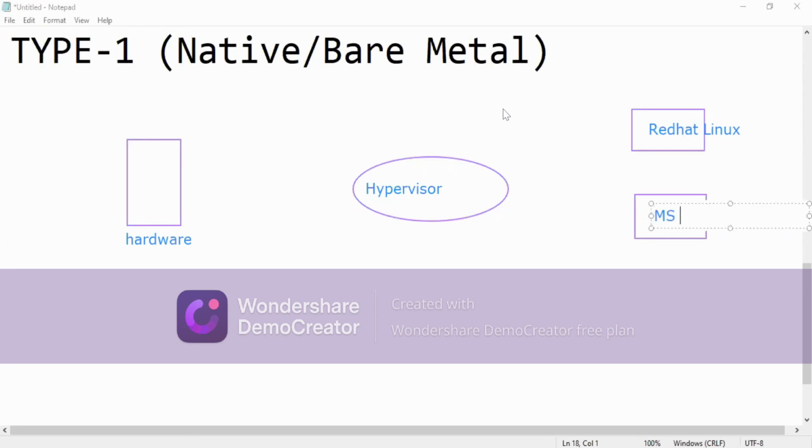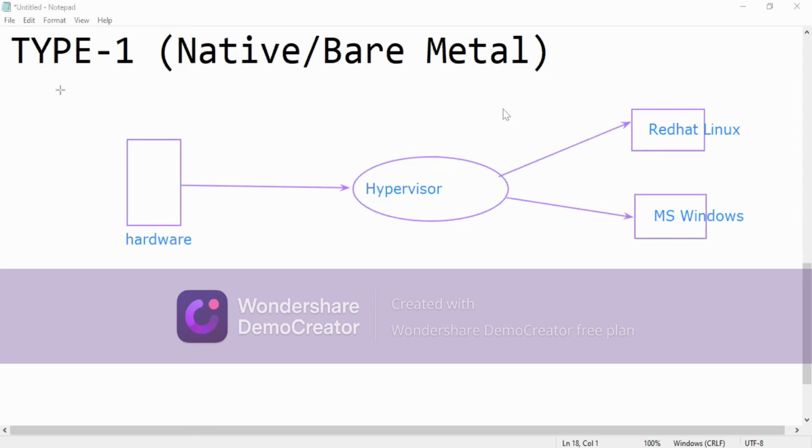Windows belongs to Microsoft, so I'm taking Windows. The hardware is connected to the hypervisor directly, and with the help of the hypervisor you're going to create multiple virtual machines, that is logical VMs, either Linux or Windows.